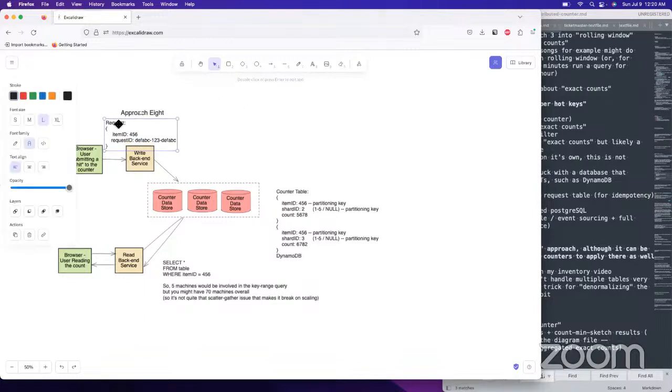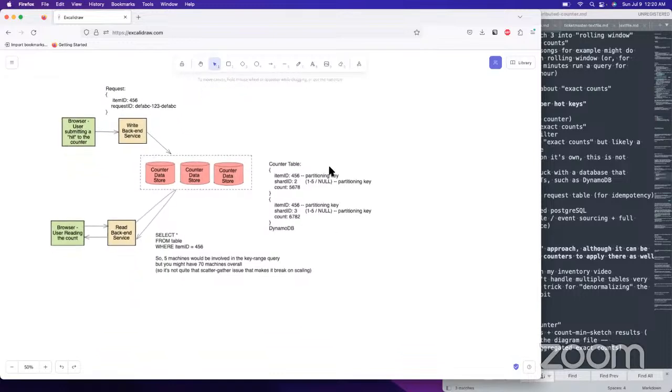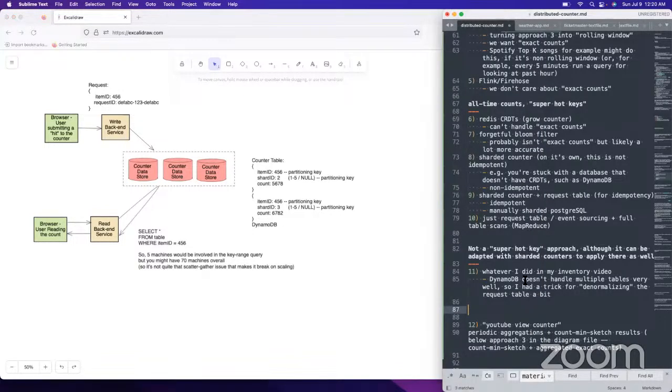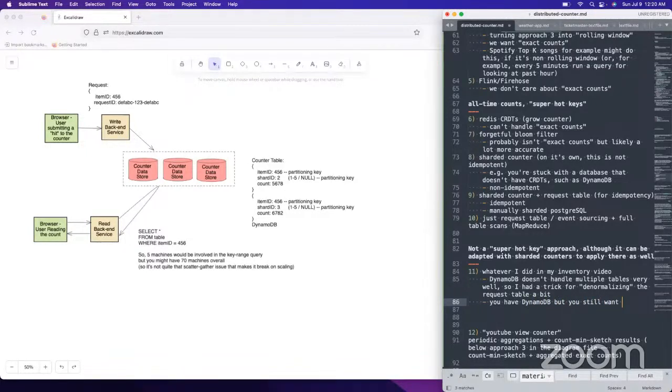This was a really weird design that I made for that problem. So you've got the counter IDs and you still want to make them idempotent, but you're using DynamoDB is the scenario here. So it's really Amazon specific. You have DynamoDB, but you still want exact counts.